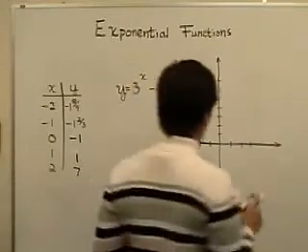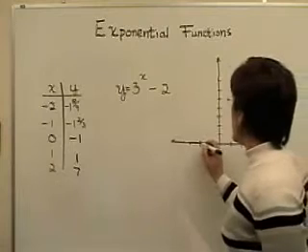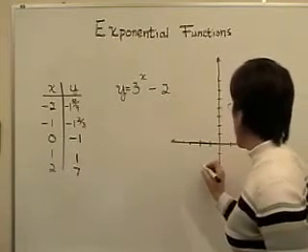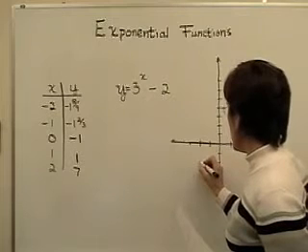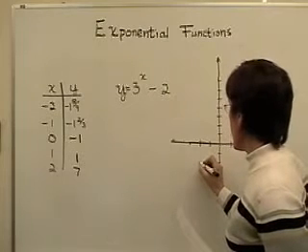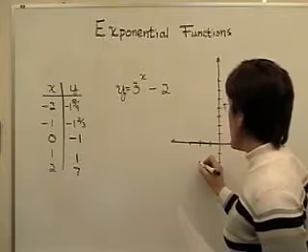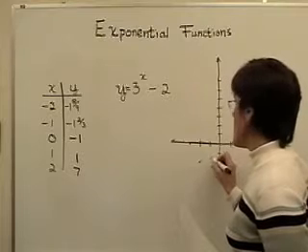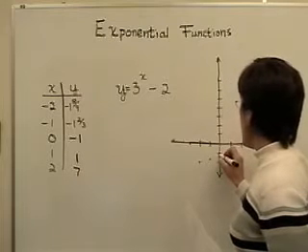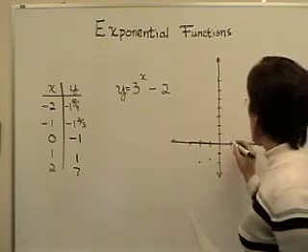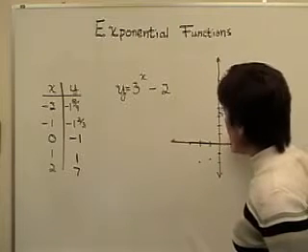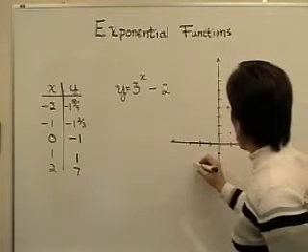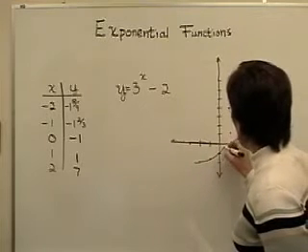So I'm going to come on over here now and graph these points. When x is a negative 2, y is really close to a negative 2, but a little bit higher. About right there. And when x is a negative 1, y is a negative 1 and 2/3. X is 0, y is a negative 1. Now it crosses the y-axis, that's the y-intercept. When x is 1, y is 1. And when x is 2, y is equal to 7. So I have a graph of